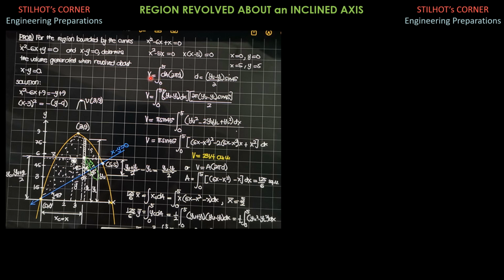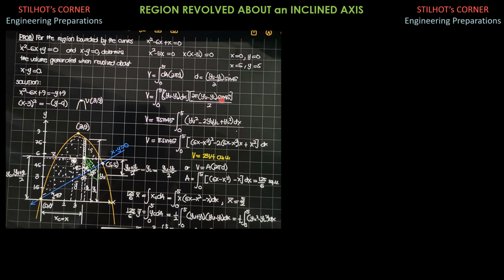So volume, therefore, by Pappus theorem is equal to area, which is the differential area of the strip, times 2 pi radius of revolution d, where d is, as I said, this length here, half of the length of the strip, which is 1/2 quantity upper y minus lower y times sine 45 degrees. The differential area is, of course, the area of the strip, which is upper y minus lower y times thickness dx. Then this is the 2 pi, then radius of revolution d, 1/2 of upper y minus lower y, then times sine of 45 degrees. Cancel out 2, then we factor out.